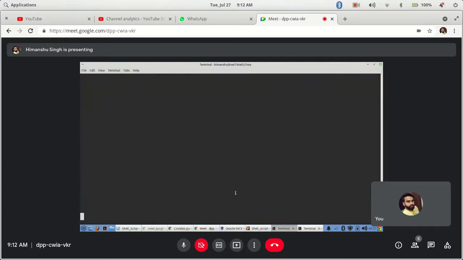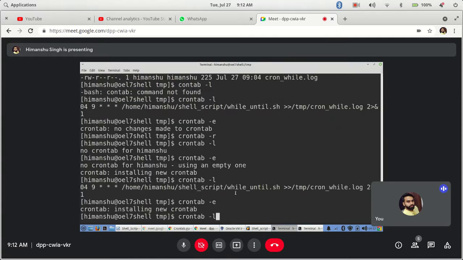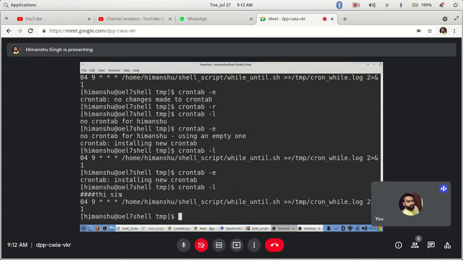Comments, like with Shift O, I can add. It's totally shell, whatever you are doing. Have you seen anything other than shell anywhere? Whatever you have learned, you are using the same thing again and again. Add whatever comment you want and save it, so every time you view it, it will have a comment. Normally we do that: this is for my backup, this is for some file processing, this is for some export import. Based on that, you can mention it. Comments are always very useful.